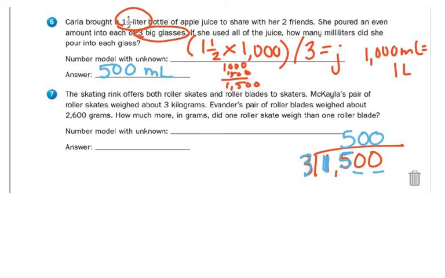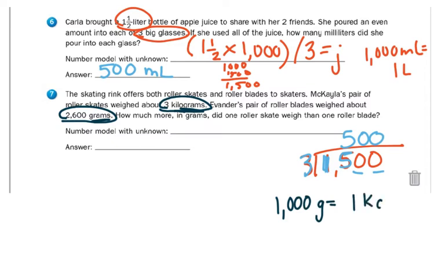And number 7, the skating rink offers both roller skates and rollerblades to skaters. Michaela's pair of roller skates weighs about 3 kilograms. Evander's pair of rollerblades weighed about 2,600 grams. Notice their difference, kilograms versus grams. How much more in grams did one roller skate weigh than one rollerblade? So there are 1,000 grams